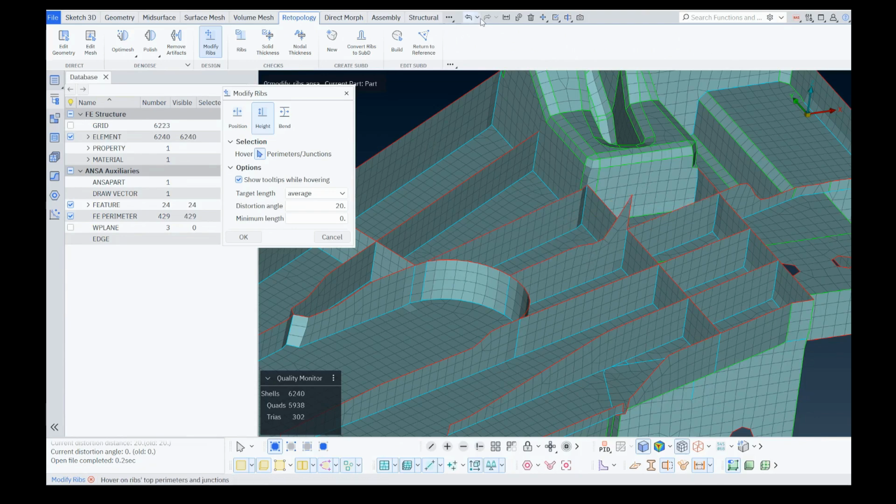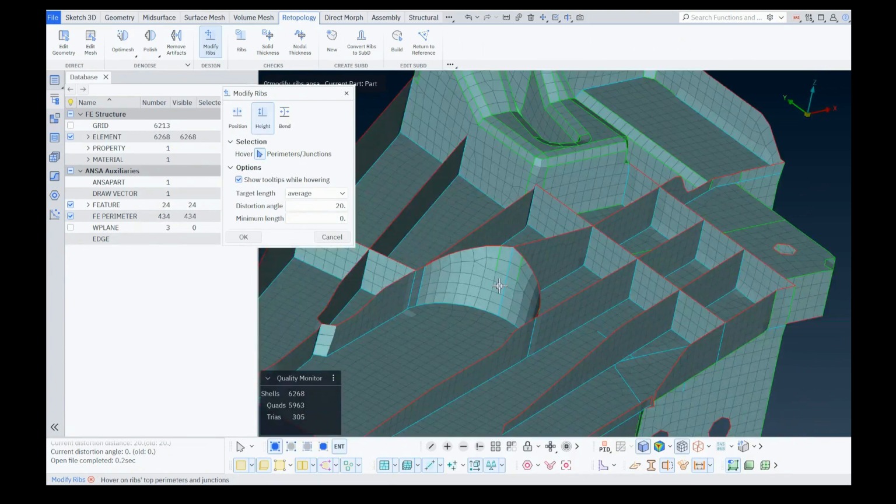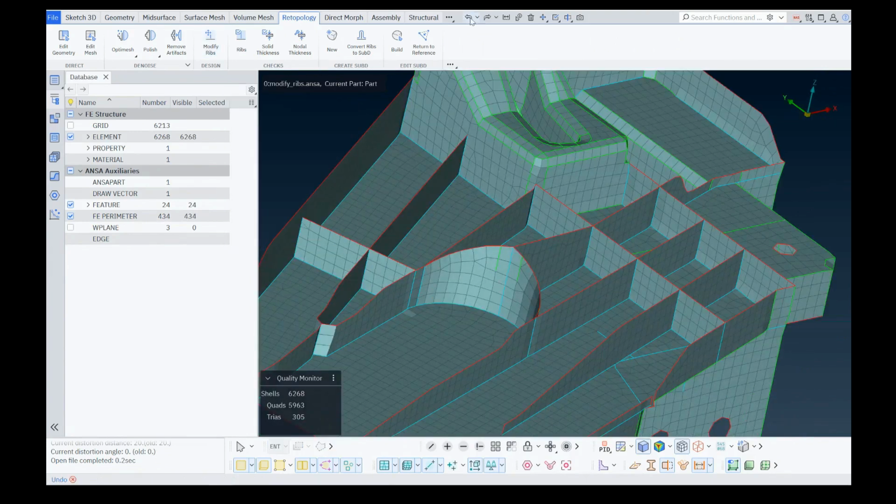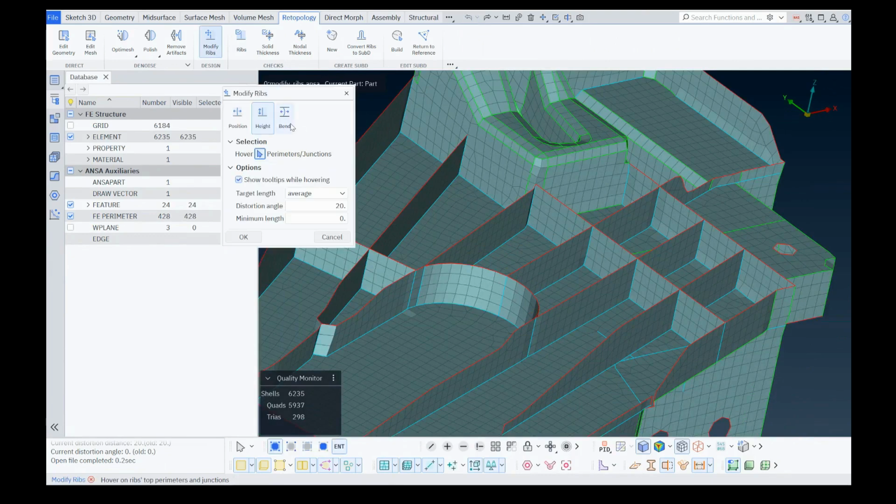We can even select a corner point and modify the surrounding areas altogether. Last but not least, we can also apply some bending to our rib to change its shape.